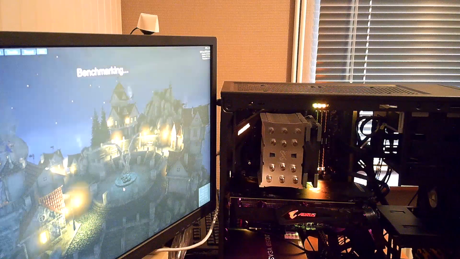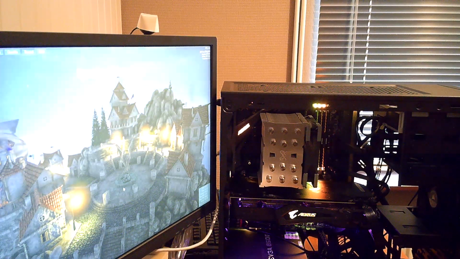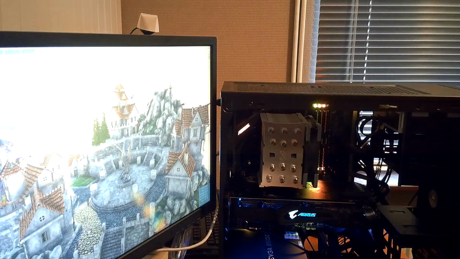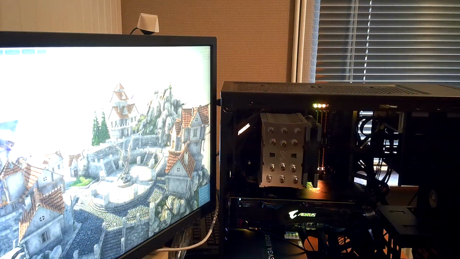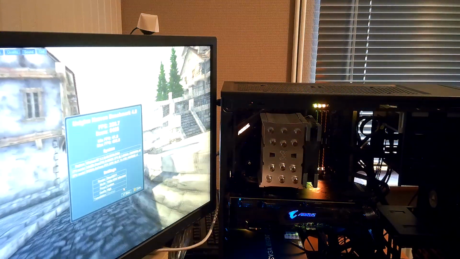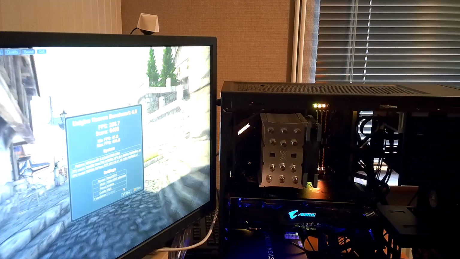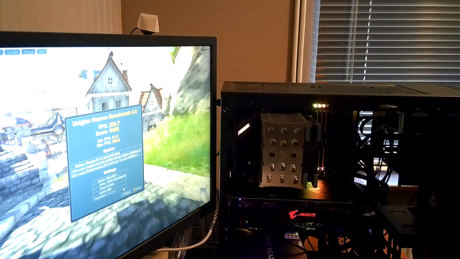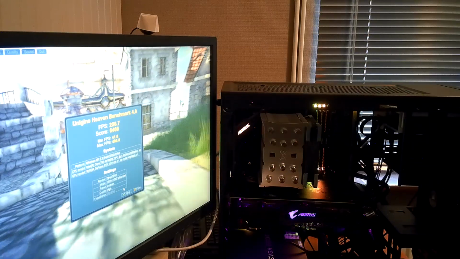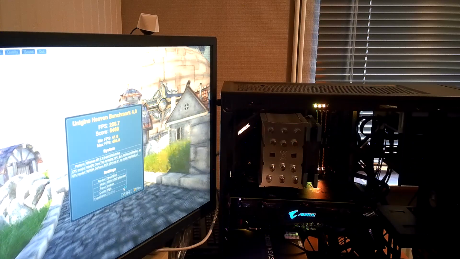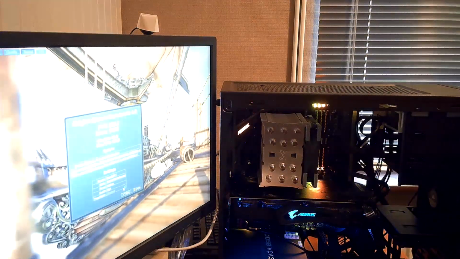So what are the numbers? Here they are. Score 6466. Minimum frames per second is 41. Maximum frames per second is 496. Wow.